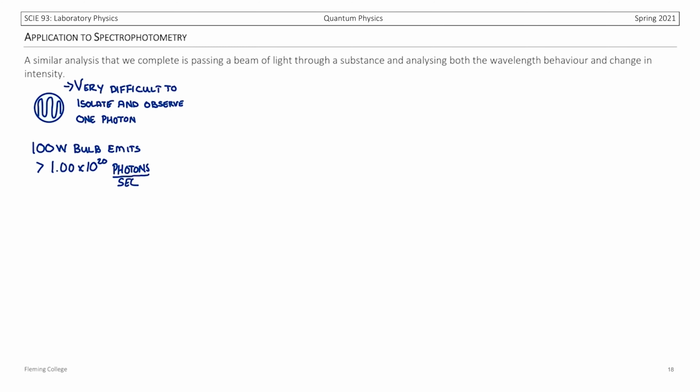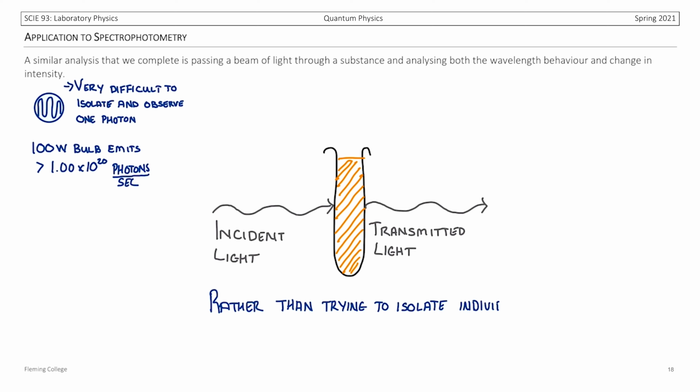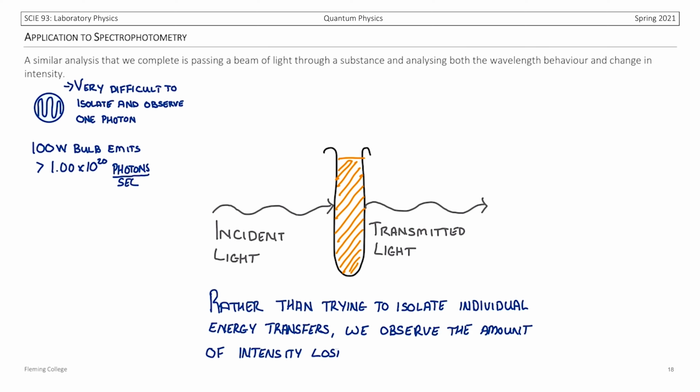So what we want to actually look at is the percentage of these that are absorbed, and that's going to help us get an idea of what kind of interactions are happening. So in spectrophotometry, we have a substance or a sample, and we shine an incident light on it. Some of that light will make it through, but some of it won't. The light that makes it through is referred to as transmitted light. It's been able to transmit through the substance. Rather than trying to understand the individual energies that have transferred through the substance, we use the amount of energy that transfers through the substance to give us an idea of sometimes what the substance is and other times the